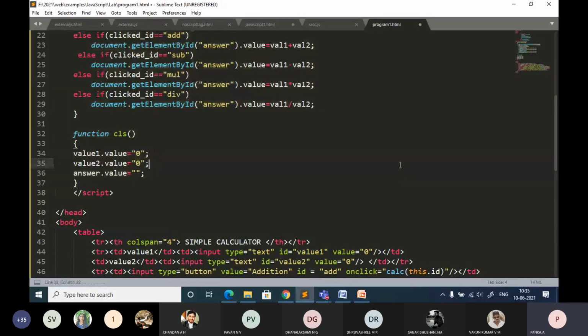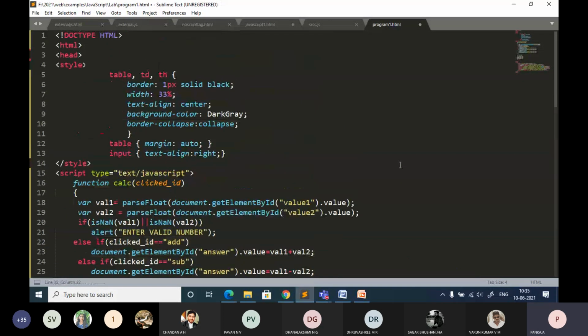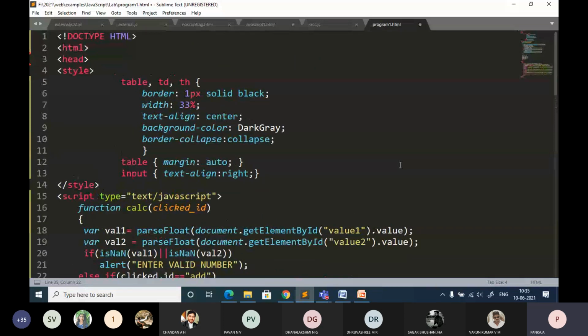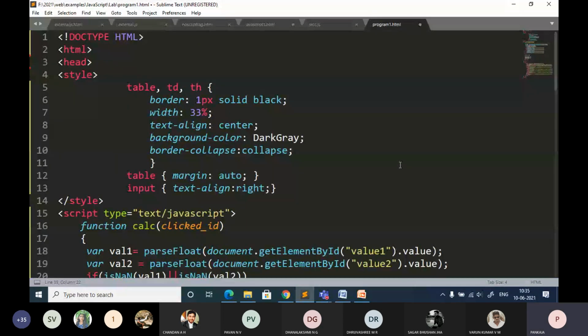Are you people writing the code or executing? I want the replay. If you are writing in a notebook, you can just write it, or if you want to type the program parallelly, that's also okay. But just copying and pasting, I don't want to share this file. If that is the case, you will just run that file and keep quiet.